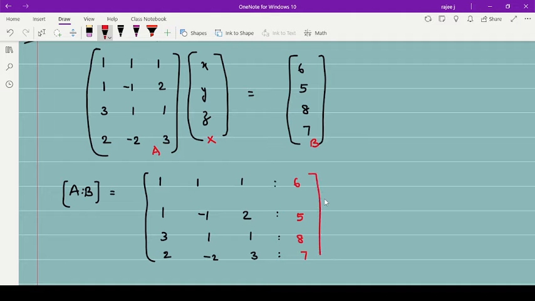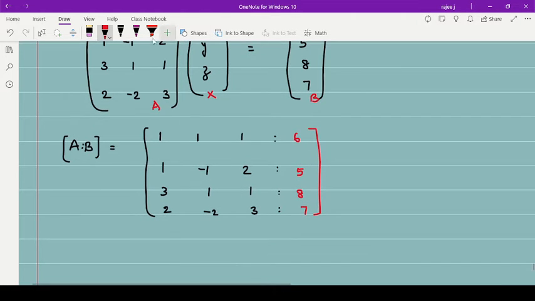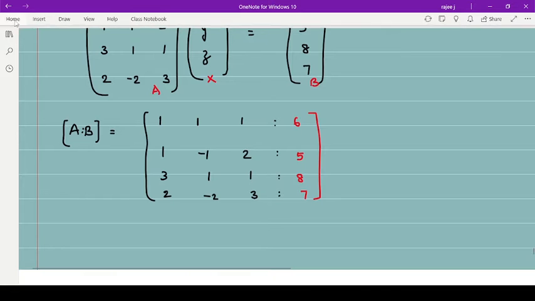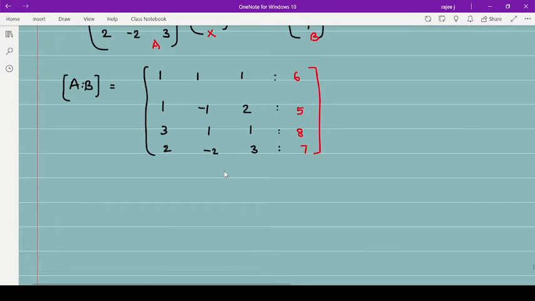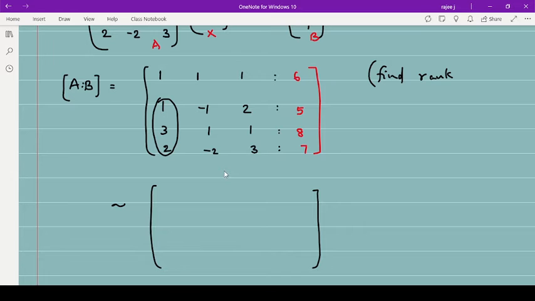This is AB. Okay, then what to do is, we will do row transformation in this one. Convert this into, means reduce this into echelon form. Okay, row transform, you use only row transformation and find the rank of this matrix. So first step what I will do is, rank of the matrix we are going to do now, I will make these 3 zeros, only row transformation. So find the rank using row transformation, using echelon form.